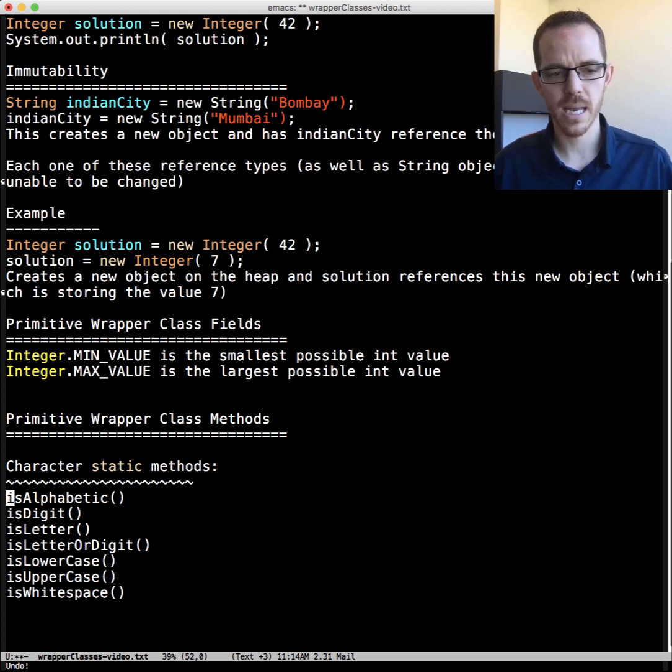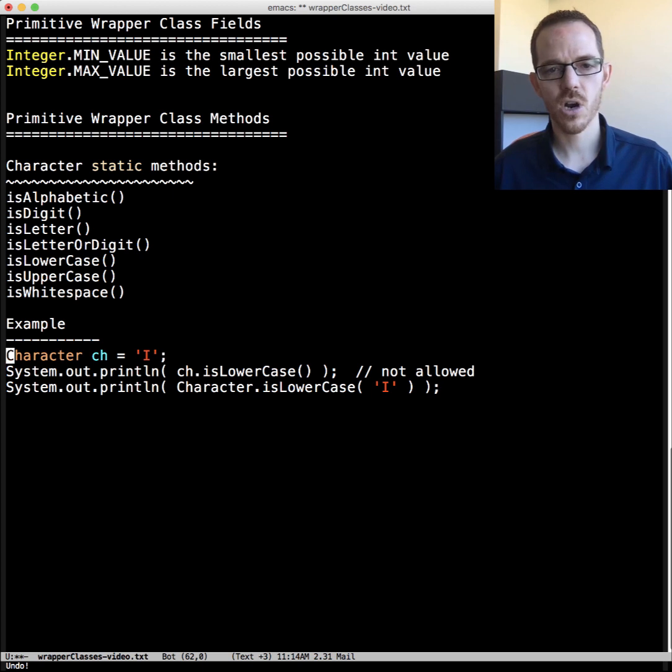Let's look at an example here. If we had a character object called ch, we can use shorthand again and just give it the character. We use characters by a single tick, and we can assign that. What we don't do is call it as an instance method.